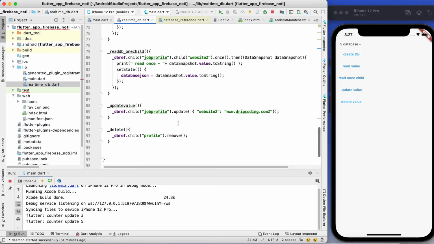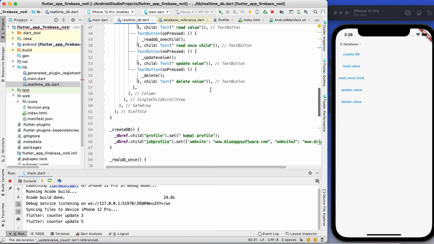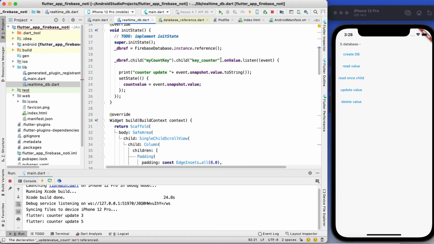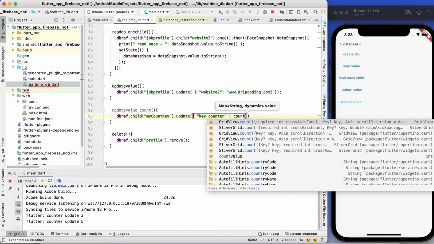So same way I am going to create a new function, named update value count. I have this child count key. Okay, copy and just remove this, child dot update, and my new value is key counter, don't make space, and the value is count value.